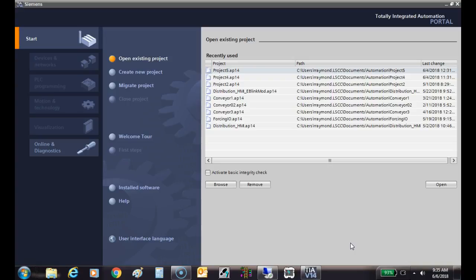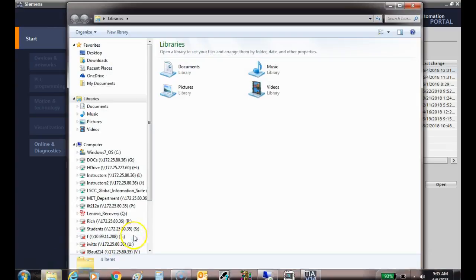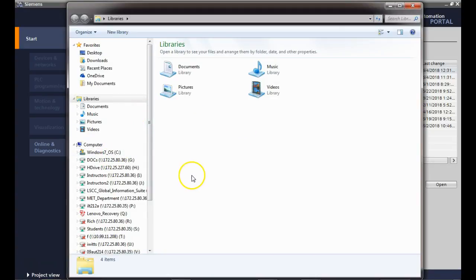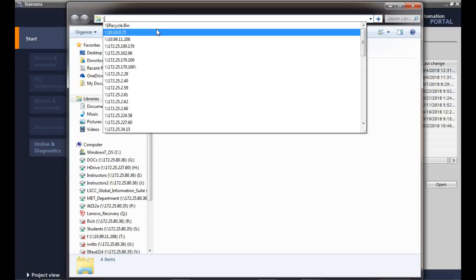So what we do, just like on this class, is out on my server I set up a bunch of folders for this class. So what that means is that